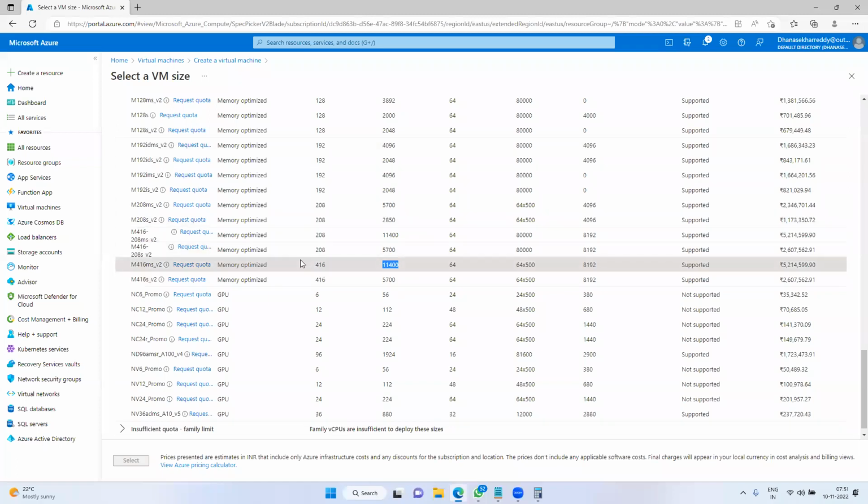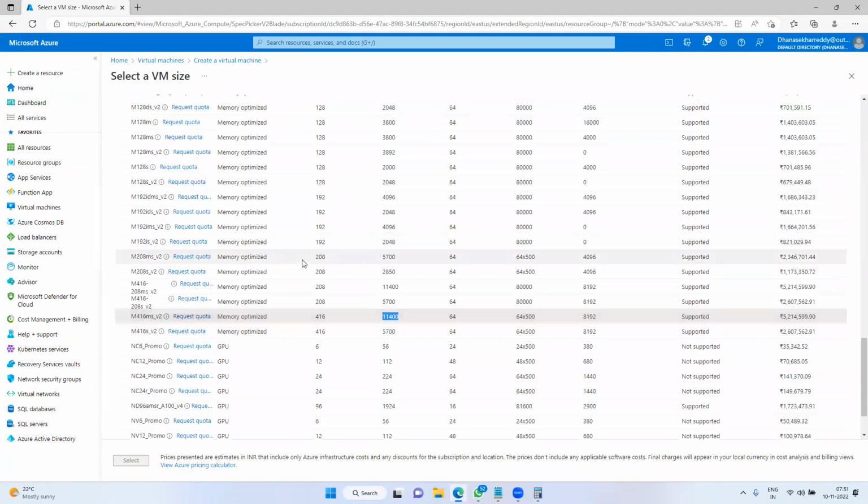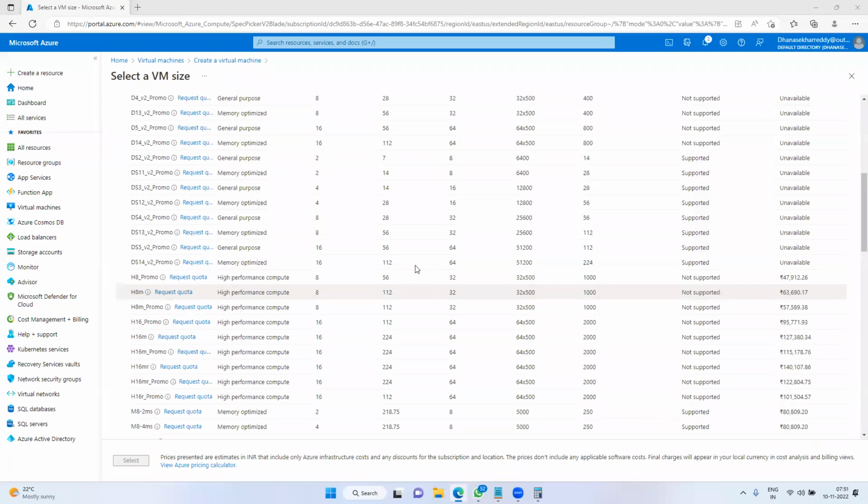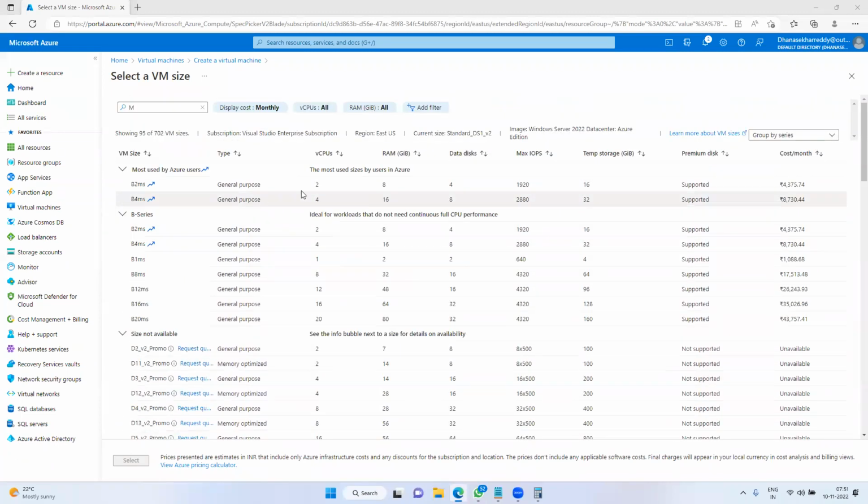So this is the memory optimized. The cost of this server is 5,21,400. Generally we will go for this high-end configuration for SAP servers, media servers, etc. Based on your requirement, we can go for this high-end configuration.